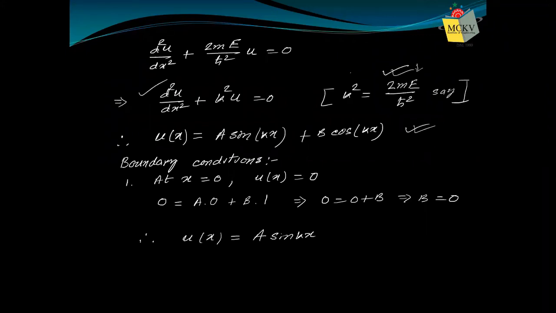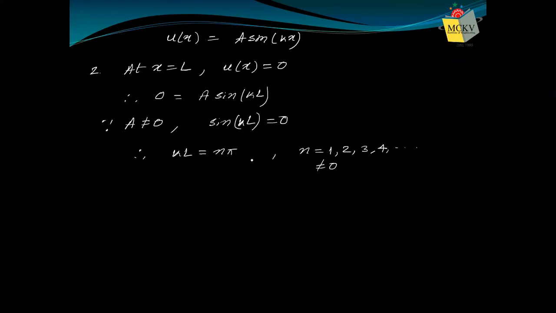And this particle is moving in between the two potential walls. That means it is entrapped in the potential well, and therefore it must have some energy. Maybe the energy is very small, but it must have some energy. It cannot be 0. So energy cannot be 0. That means k cannot be 0. If k cannot be 0, n cannot be 0. So keeping this in mind, whenever you write the value of n, you must mention n cannot be 0.